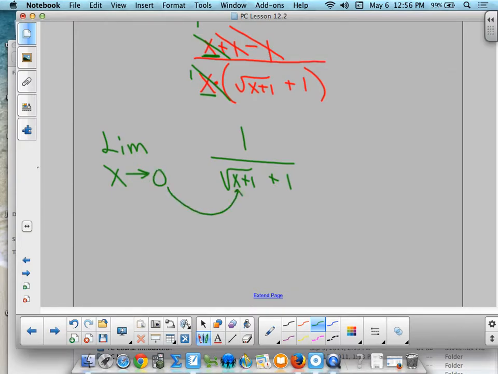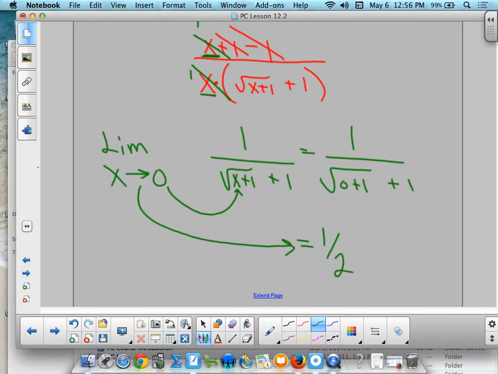Direct substitution. See if you get something now. 1 over square root of 0 plus 1, plus 1. What? 1/2, isn't it? The limit is 1/2. If you graphed this with your graphing calculator, and approached 0 from the left and 0 from the right, you'd see it's 1/2. The answer's 1/2. Okay? Now guys, don't flip, because there's another one to do,